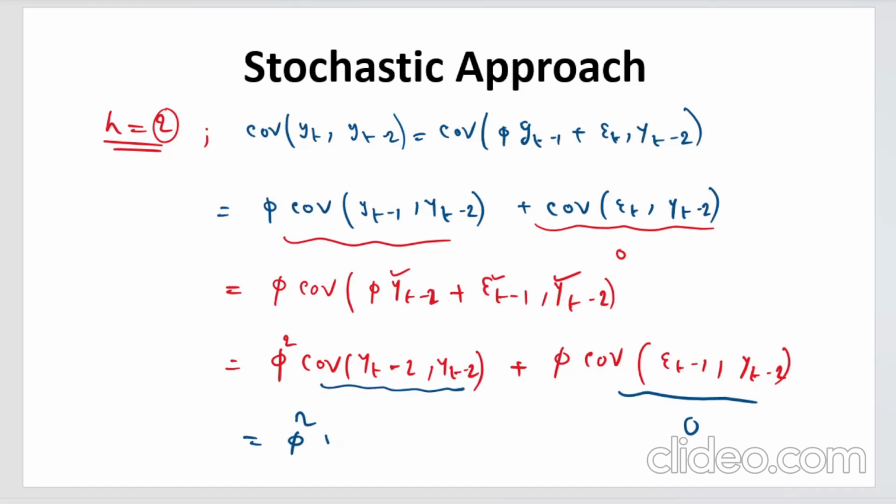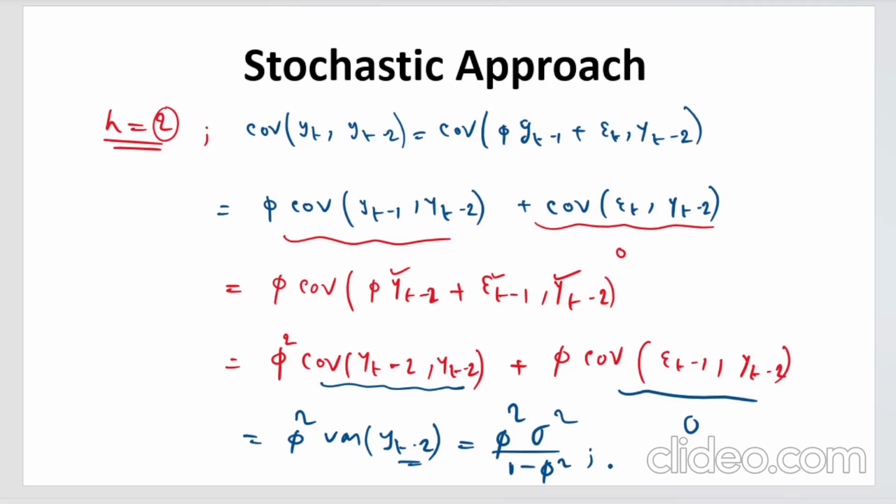Covariance of yt minus 2 is the variance of yt minus 2. Since the process is stationary, the variance will be the same, and it is mandatory to write that phi square is less than 1. Only if this condition is satisfied will we have this expression, because again, it comes from the property of stationarity we'll be talking about. So in general,